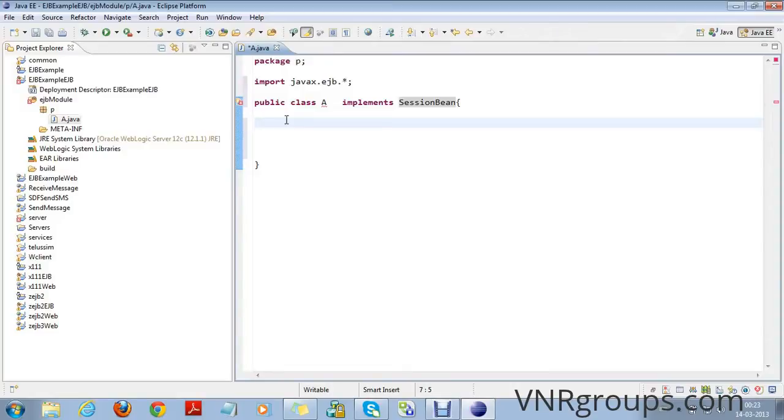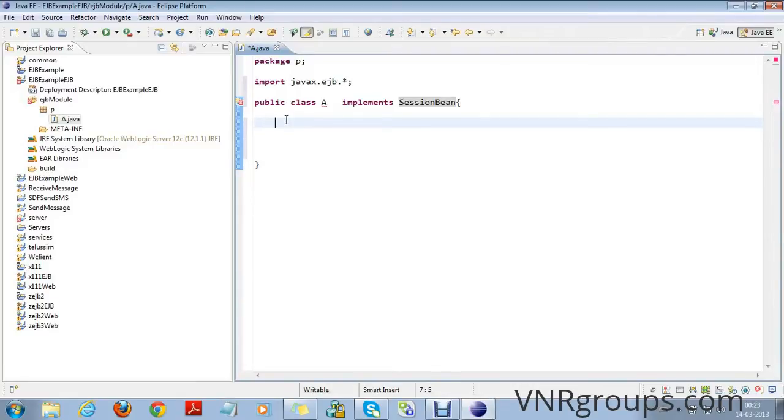Basically, there are three types of EJB components. One is entity bean. Entity bean is used to represent data in the database. Another is message driven bean. Message driven bean is used to consume messages from Java messaging service asynchronously.